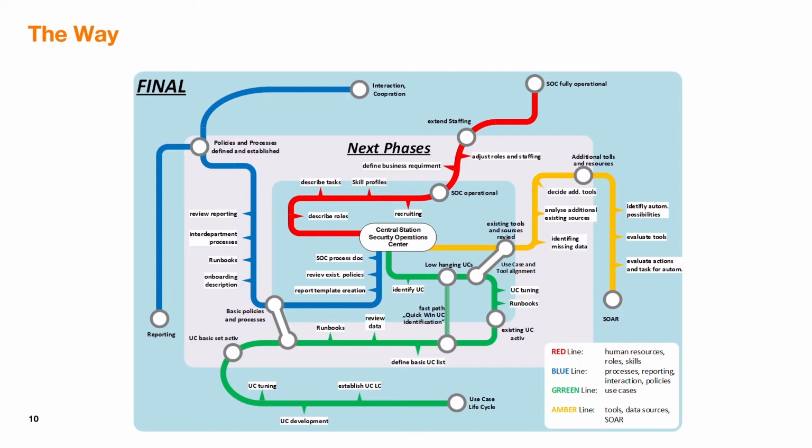You have to describe the roles, you have to describe the tasks, you have to recruit the people, you have to decide which technology you want to use, which SIEM system, and start with the first use cases, the low-hanging fruit, the low-hanging use cases, which mostly describe just a couple of indicators, directly mapping an alarm to a use case from a starting point, and keep an eye on the number of use cases. Don't start with too many.